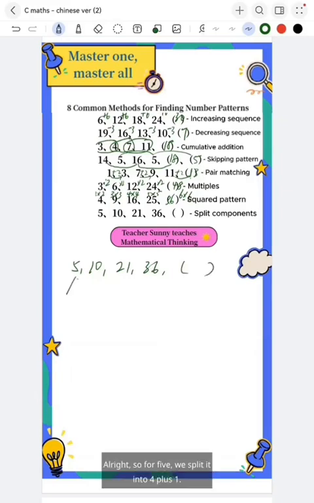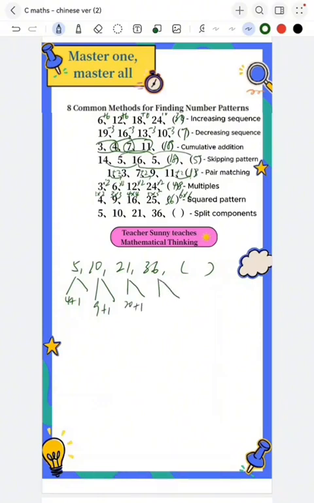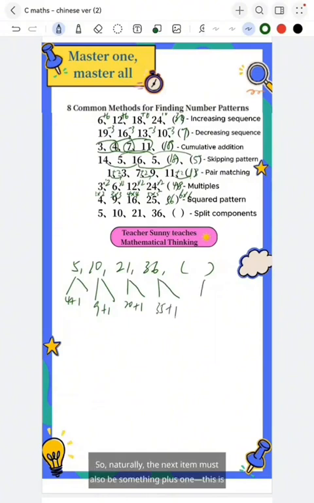Alright, so for 5 we split into 4 plus 1, then for 10 we split into 9 plus 1, for 21 we split into 20 plus 1, for 36 we split it into 35 plus 1. So naturally the next item must also be something plus